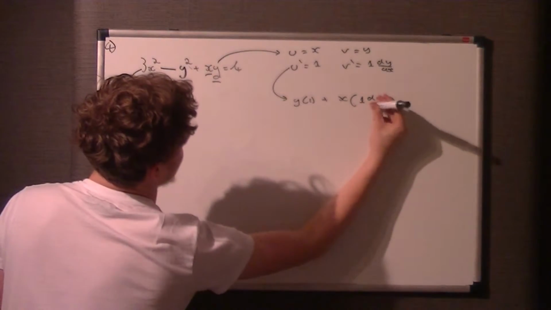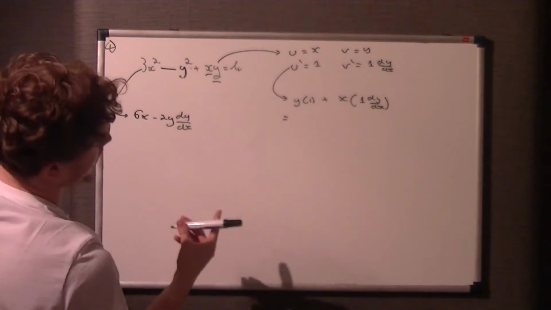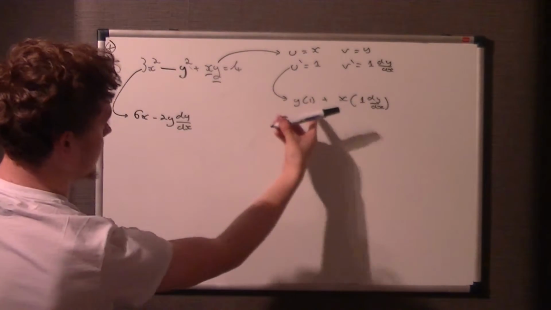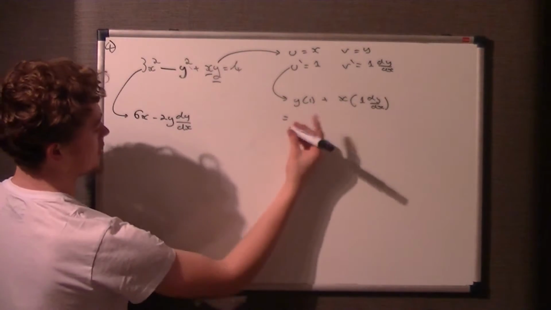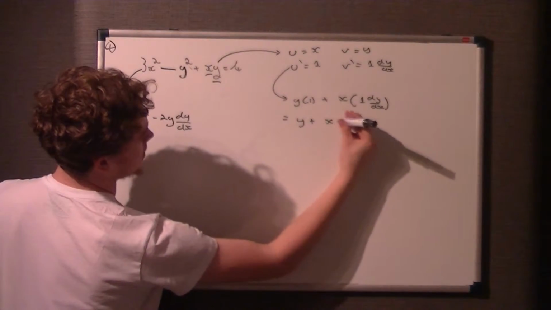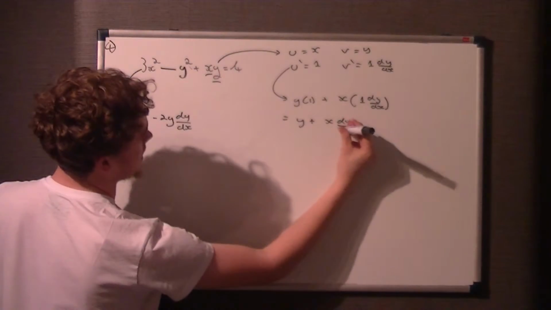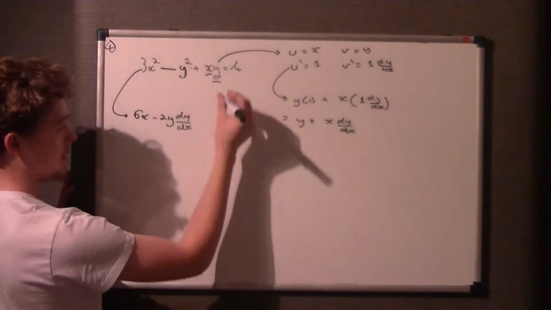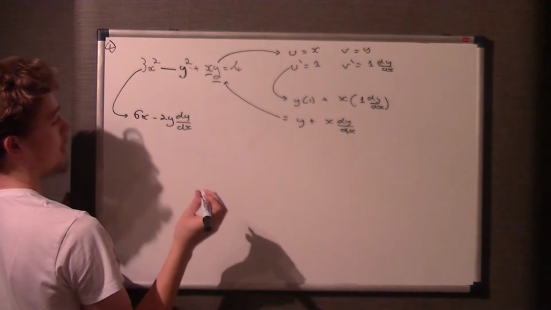Now, I hate these kinds of questions, because it always makes you think, well, surely if we've got a y here that should be with the dy/dx, but this y isn't differentiated, so don't get confused like I do. So it's y plus x dy/dx, or x times 1 dy/dx. Doesn't really matter. I find it easier to put it like this. And because that's a differential of xy,